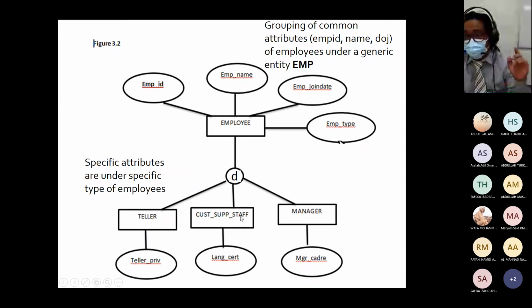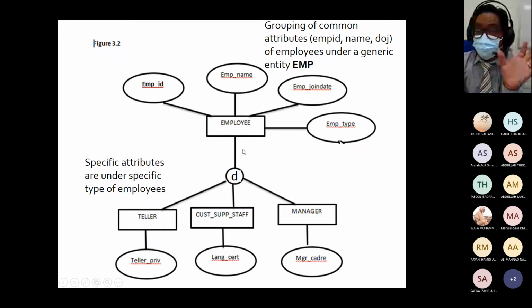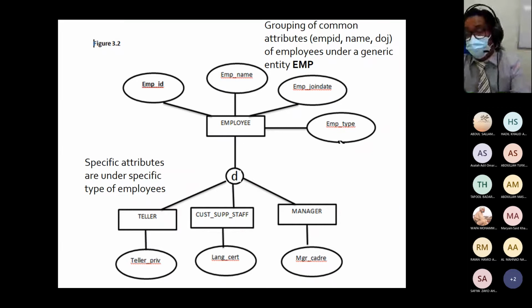that this manager, customer support staff, and teller will become one common entity, from a bottom to top approach. But if we want to split them, we are specializing them from top to bottom, from your higher level to lower level. But similarly, since we're talking about subtypes and supertypes or subclasses